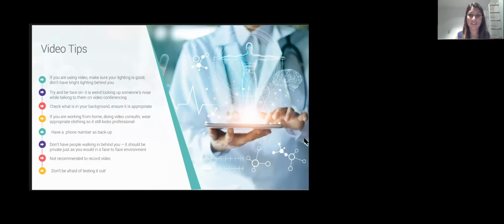So the most important thing is documenting all of the clinical notes, and in a way that identifies how the consult occurred. So write, this was done by video or done by phone, or if you had to switch, you've got to write when you switched, and any issues that you had in hearing or seeing them, because that's all just for medico-legal purposes to defend yourself if anything did come up.